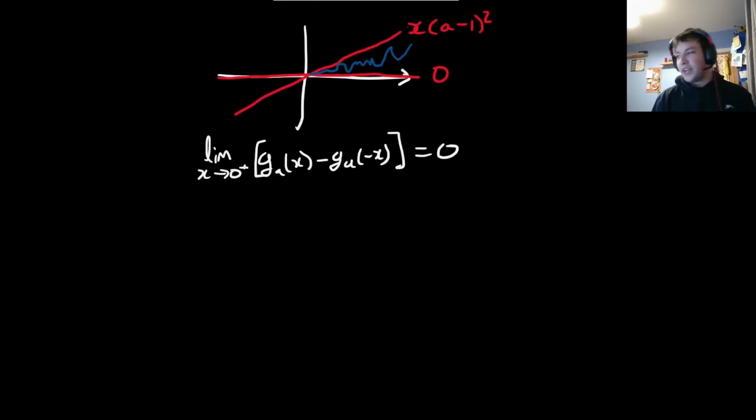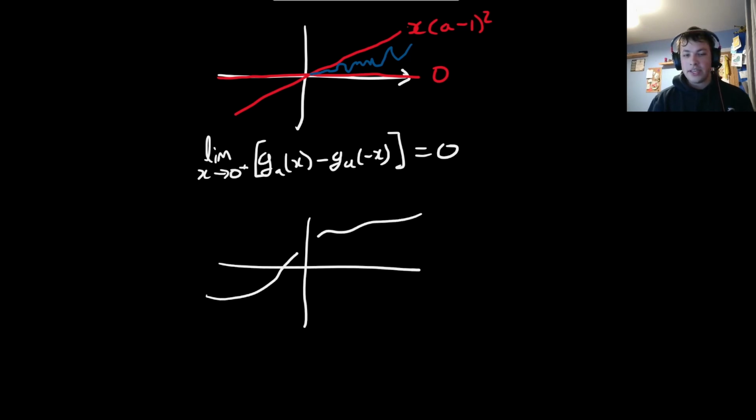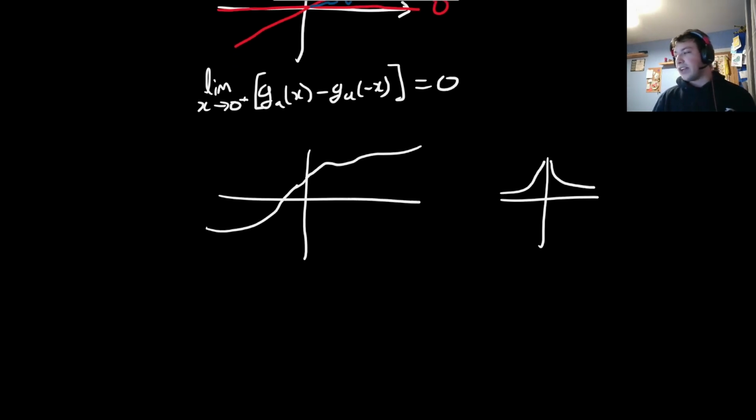And so that tells us that our two functions are going to approach each other. So we now have two cases. Either these two things are sucked into each other and they're forced to approach each other, and we get something like this, or we get something where they go to being equal but infinite. So we need to prove that that's finite, but that's actually fine, because we know that GA is bounded,